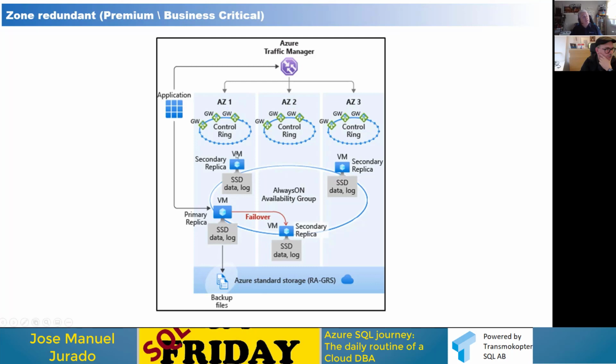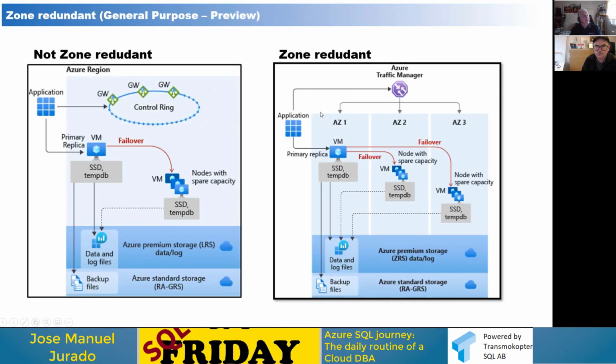So what does zone redundant mean? The air cooler and the power are totally different. So if we have some problems in one zone because of a power outage, automatically we are going to have a failover process to the second zone, and you are not going to have problems in terms of connection. Of course, for the failover process you need to wait, okay? But this is the most important thing about it.